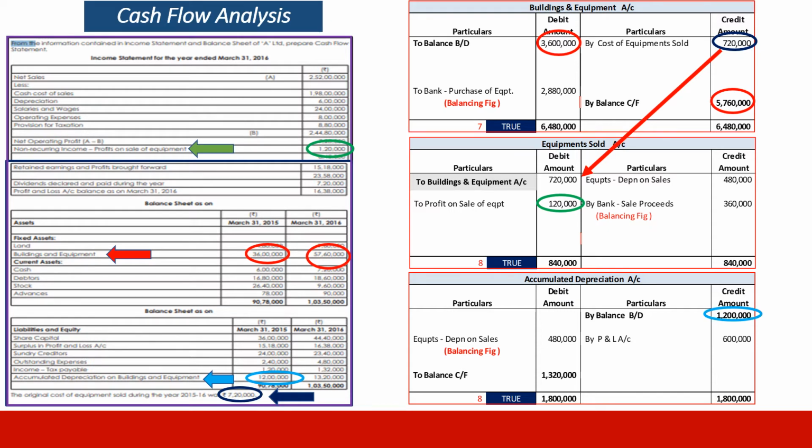And along with this, we are also given the accumulated depreciation account, whose opening balance is 12 lakhs and closing balance is 13,20,000, and during the year there is a debit of 6 lakhs in the profit and loss account. That gives us a balancing figure of 4,80,000 to be the depreciation pertaining to the items sold, because the profit and loss account is charged